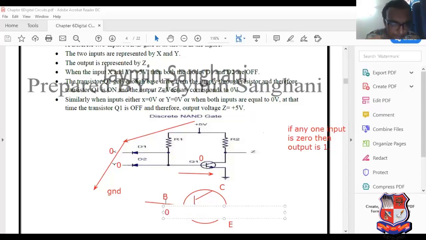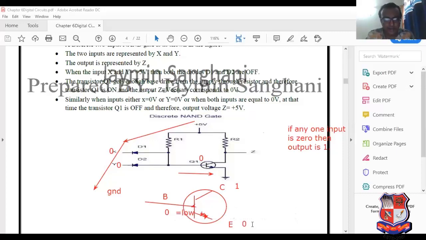If we apply 0 voltage at the base terminal, here we can get 0 volt and here we can get 1 volt. See this. Here we get 1 volt, here we get 0. Why here 0? Because the base emitter junction is connected in forward bias. So 0 volt means what? Low voltage.